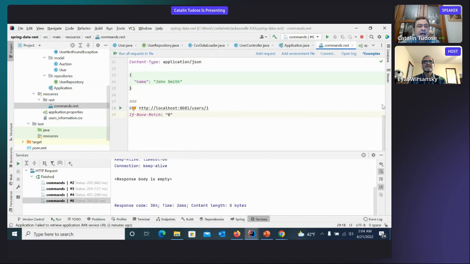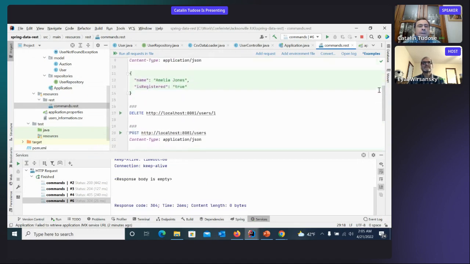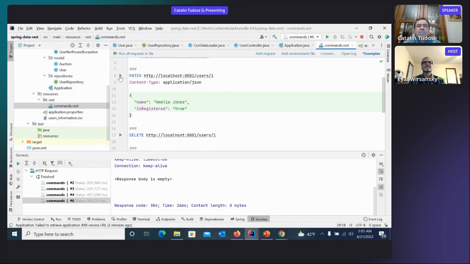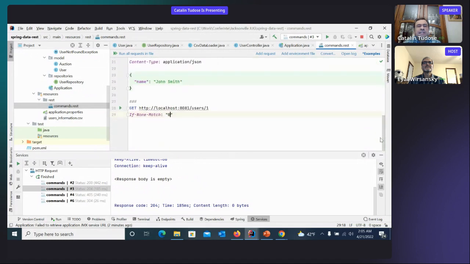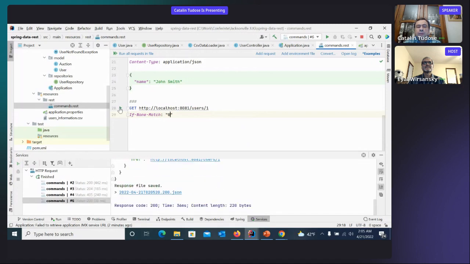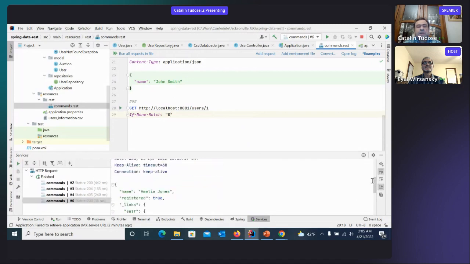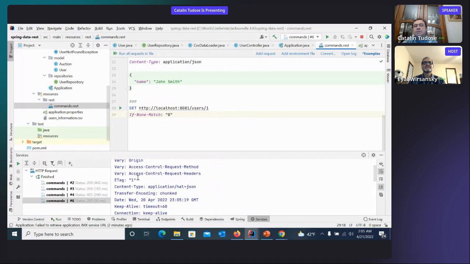But let's say that I'm taking this user one and I'm patching it. So I'm changing its content. Somebody else is changing it, or it is changed at the level of the database. And when I'm saying here get, I say I'm having version 0. Don't give it to me if it is 0. But now it is providing it back to me, because in the meantime the version changed and consequently the ETag became 1. If I come here and use 1,